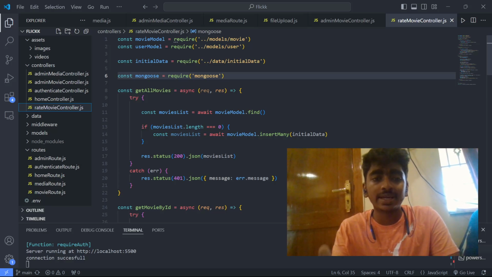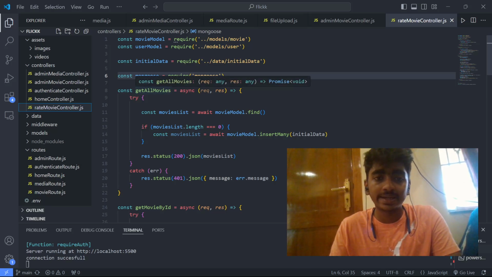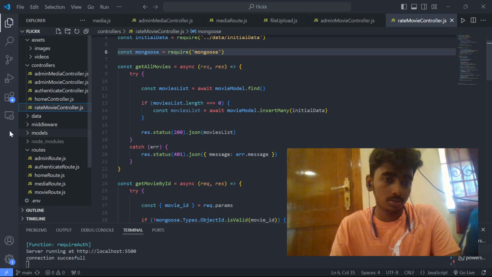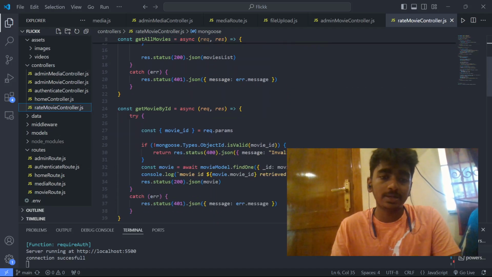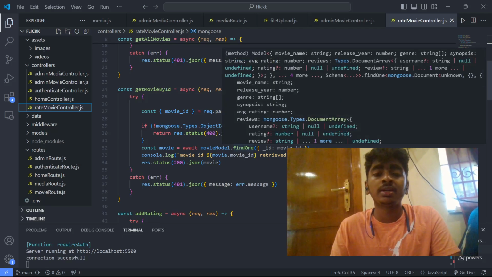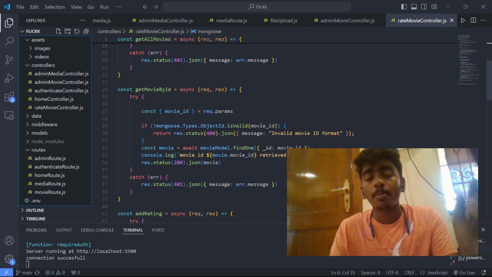Only users who are signed in can access this. They can get all movies using the find method. If the database is empty, then it uses the initial data, and then get movie by ID is the same. We use the findOne method to uniquely find which ID matches the params of our ID,